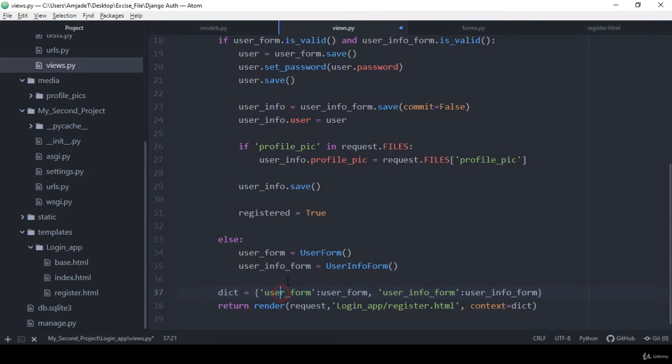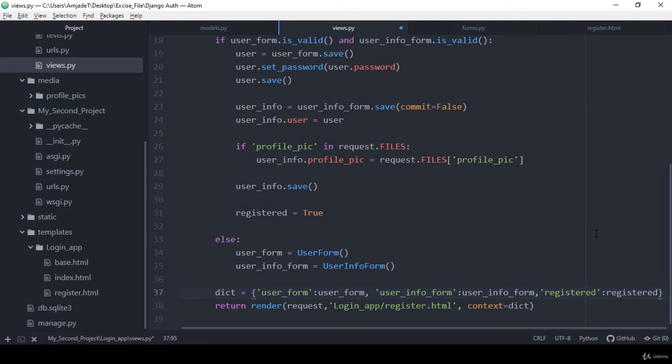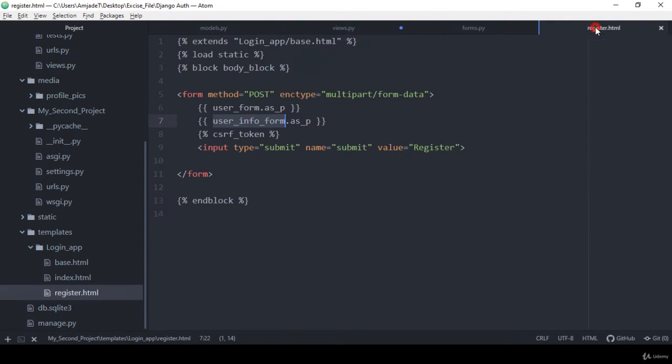So into the dictionary area I want to pass our user form, then our user info form, and now also we have to pass this registered true data. So that is actually in our registered. So also we have to pass it now. So here after that I just simply pass this registered data. So I just simply pass it. So now we have to add this registered in our register HTML. That means